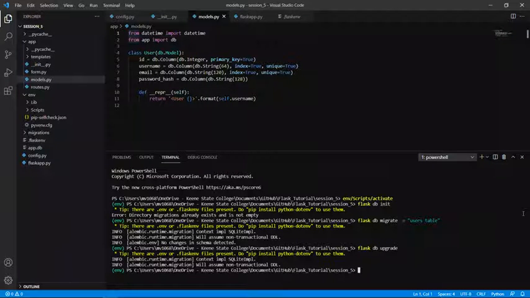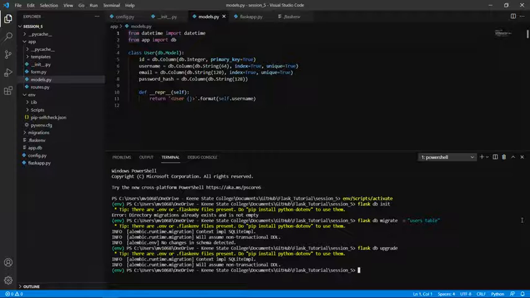Before adding the data, let me explain what the upgrade and downgrade workflow does with Flask-Migrate. This flask db upgrade command, like Alembic, the migration framework we use through Flask-Migrate, will make the schema changes in a way that does not require the database to be recreated from scratch. We have already seen that, right?